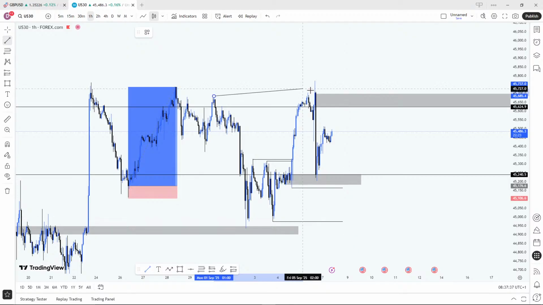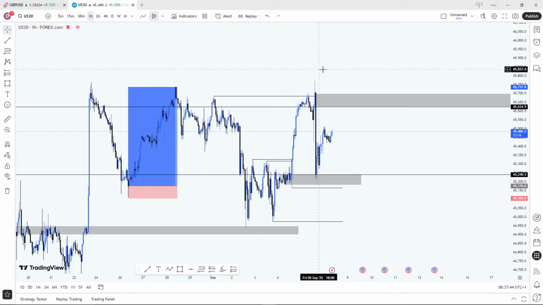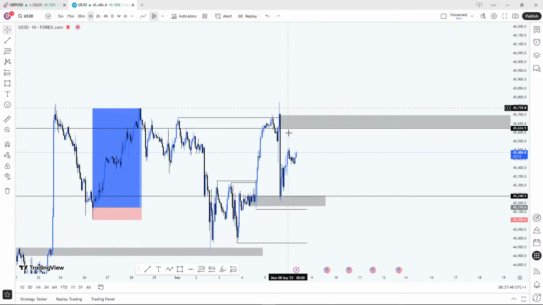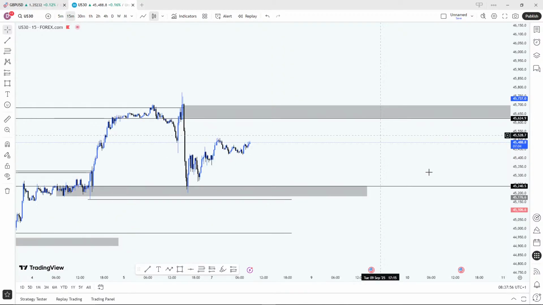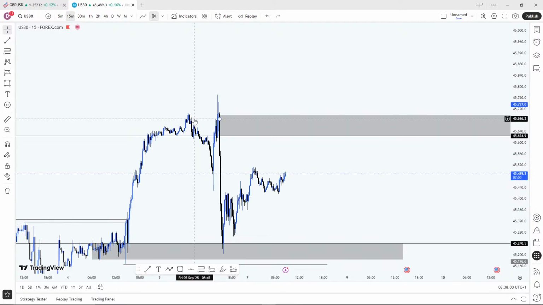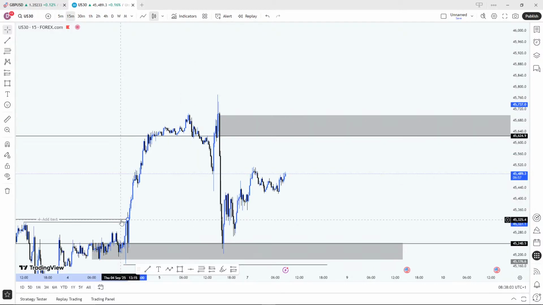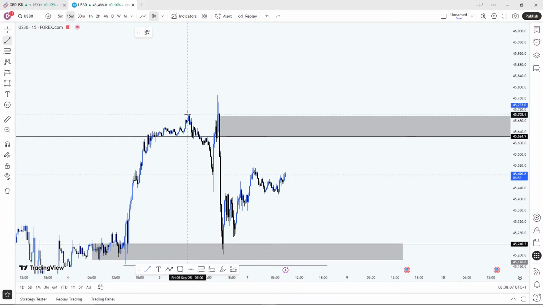Another high, a break of structure to the upside, but this is just a sweep. I don't consider this a valid break. Right now, I'm gonna keep looking for buys. Why? Because this market is bullish. But since this is a nice zone to take a sell from, I want to see that it has a change of character. If the change of character is not present, then I won't consider this sell. Let's see if it has what we need, which is the change of character, before we enter this sell. If you watch, it has this high, which it took out as liquidity.